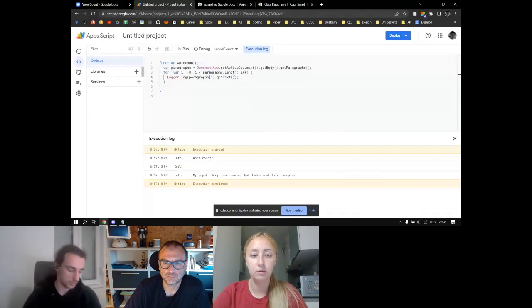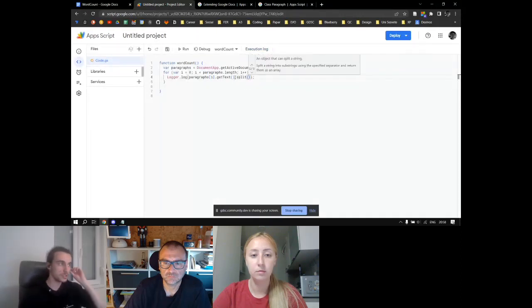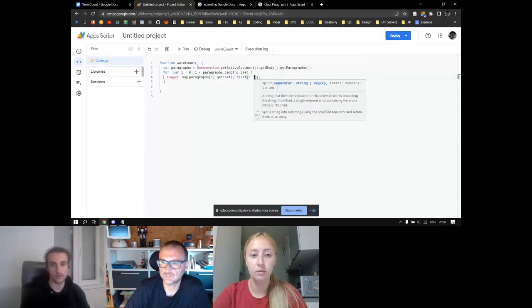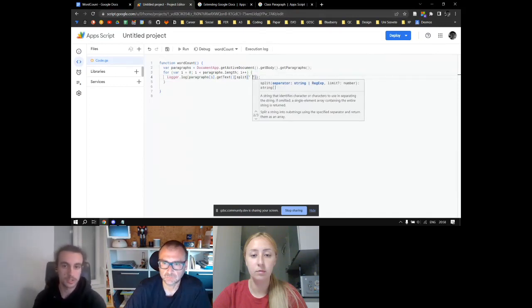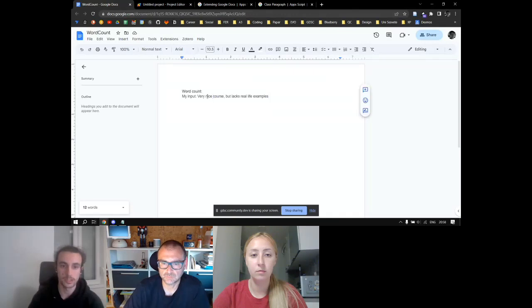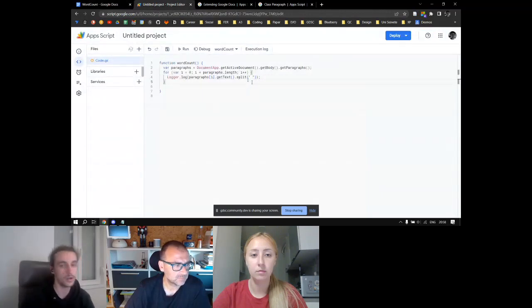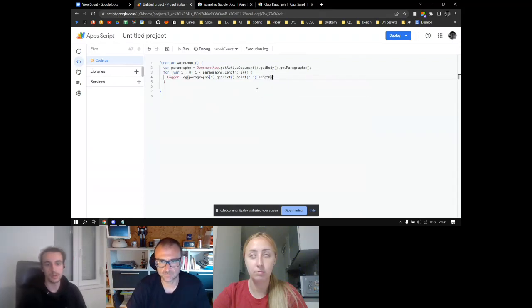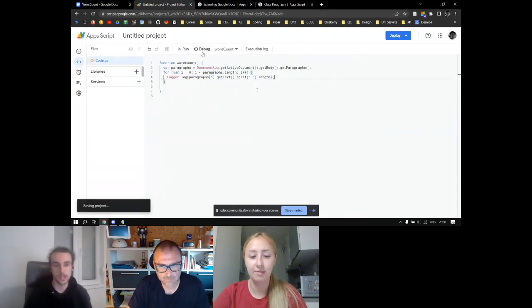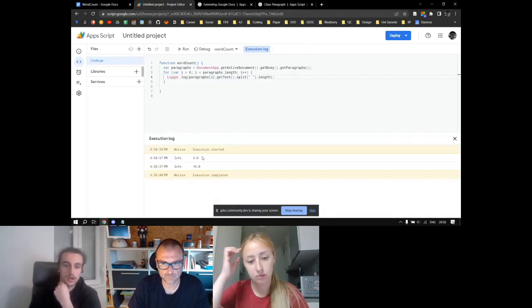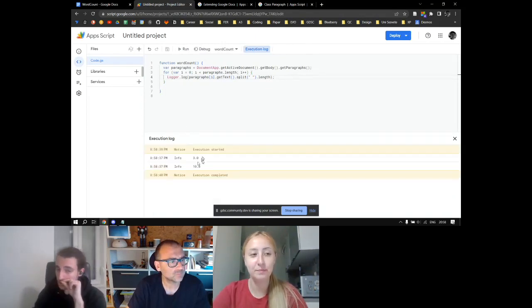It's to split the text with the separator of space. So it will cut this in places where it finds the space character. And then we just want to find how many of those results there are. So the split function returns an array, so we can also just print out its length, save and see how many words are there